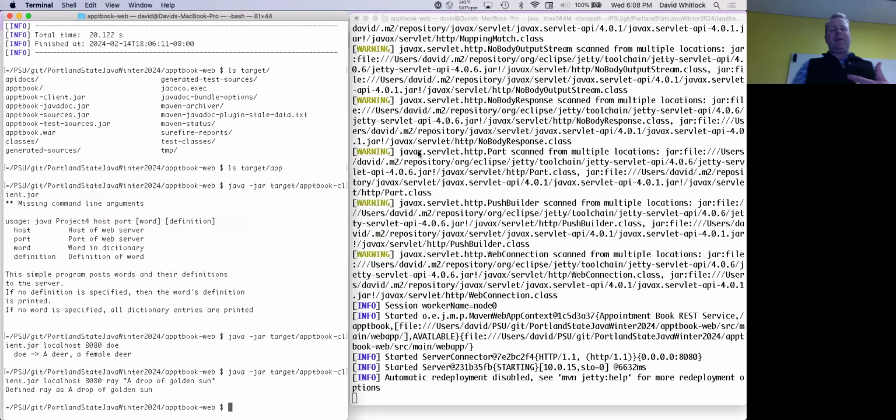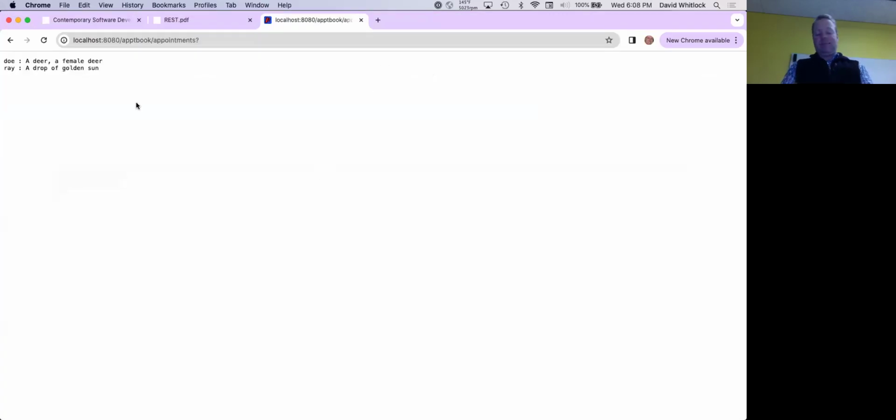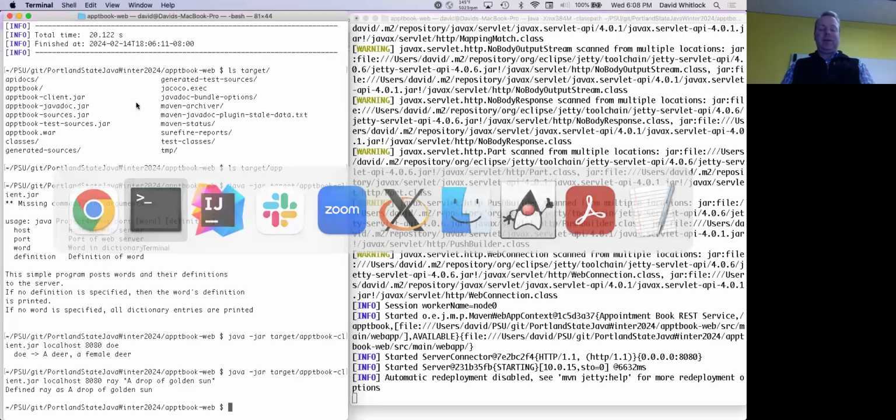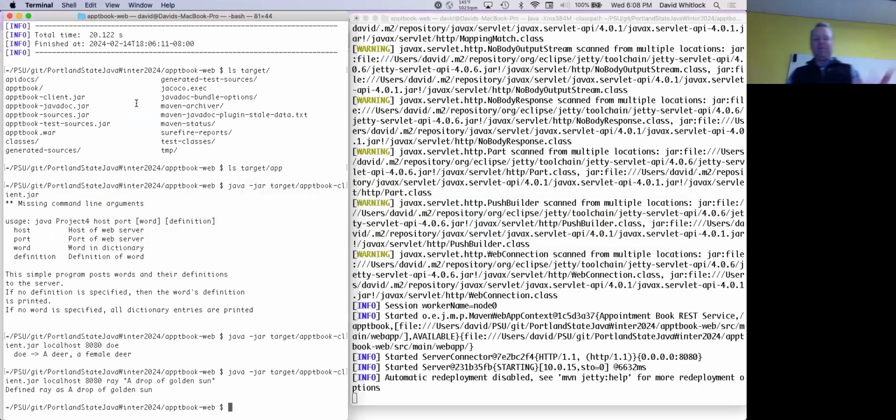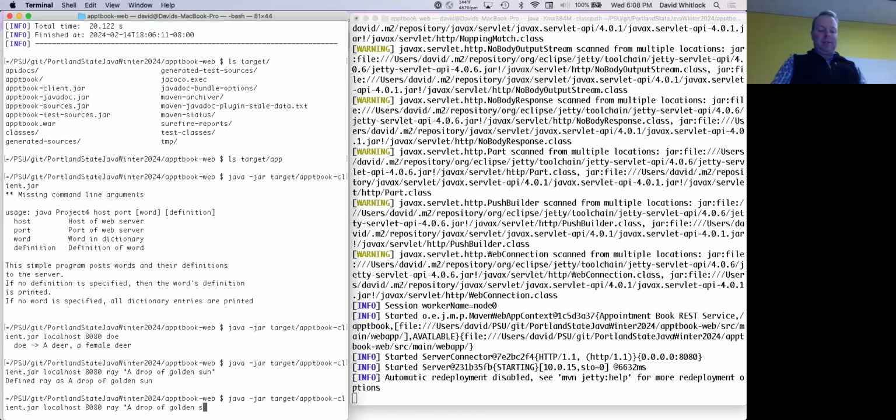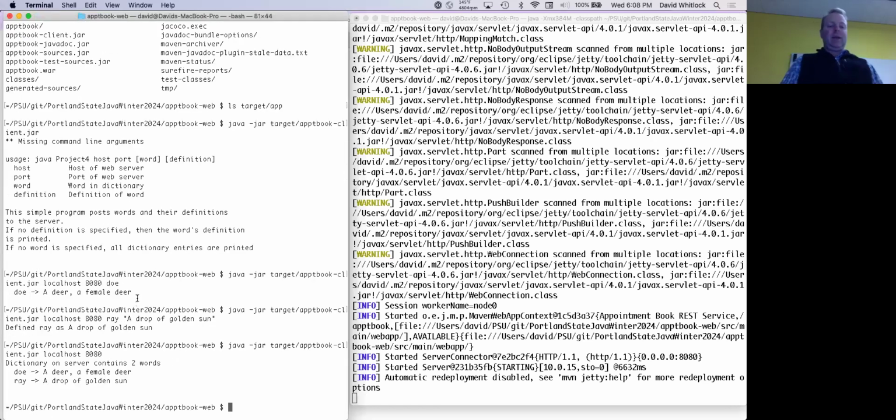You've got a web application that runs over here on the right. It provides certain behaviors, like creating dictionary entries and printing them out. And while you can access that through the web browser, you can also access it through the command line client right here. So yeah, if I just again here, I can get all of the entries by just providing the